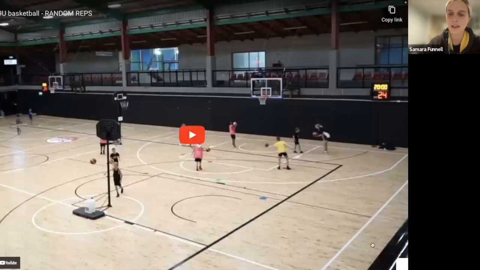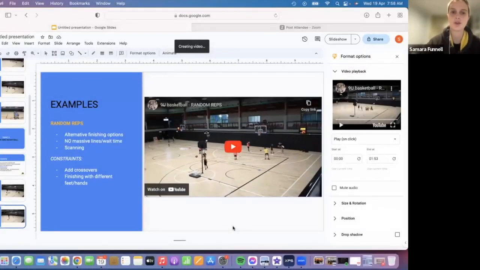Now, there's really unlimited things you could do within your random reps. You could add a constraint that they must pivot. You could add a constraint that they've got a crossover on their way to the hoop, so it's more of a counter move. There's really no limits to how you can use your constraints within this activity, but this is something that we really like to use to teach finishing outside of one-on-ones and live games. So